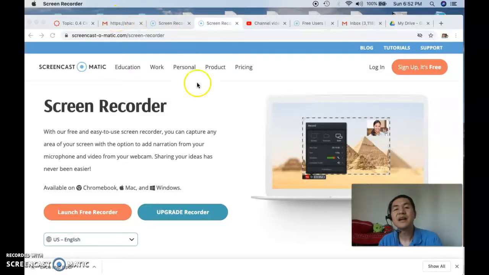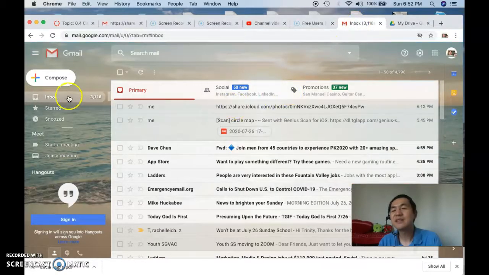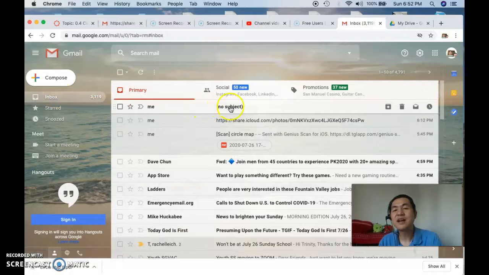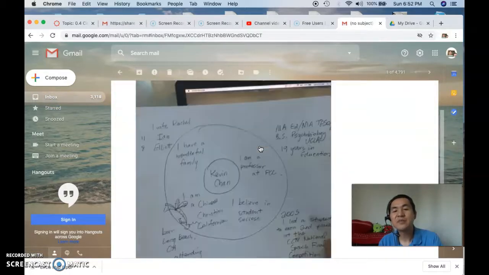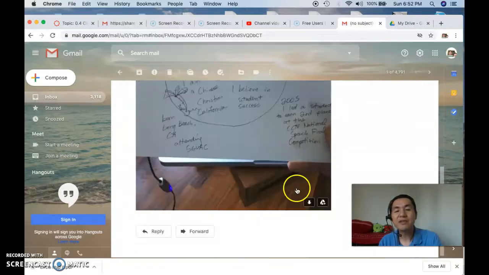You hear that there's the message, and now we can get to the main parts, what we need to for getting out and saving our circle map. So now I am back at the internet and I click on my inbox and I see that yes, there is a picture that I just took, and there's my beautiful circle map there. What I have to do is click on this little button here, and that is the download button. I click there.